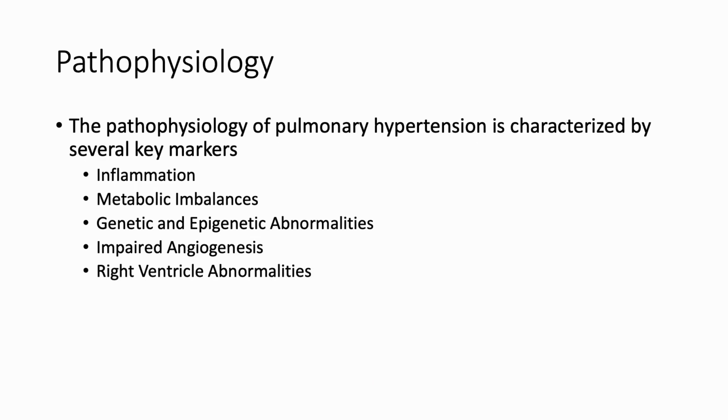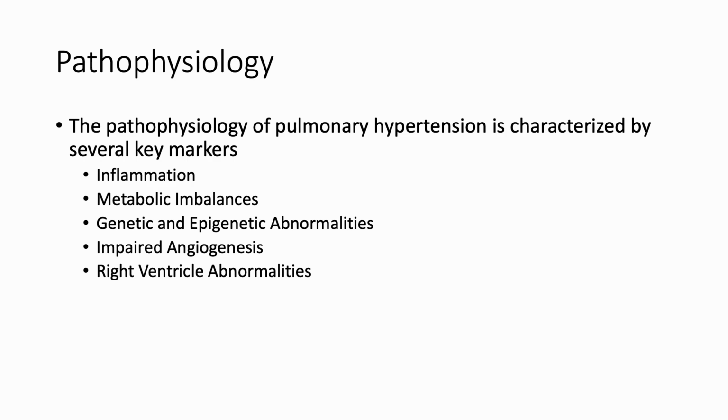The pathophysiology of pulmonary hypertension is characterized by several key markers, the first being inflammation. With inflammation, we see immune cell accumulation and vascular remodeling. Examples of inflammation that causes pulmonary hypertension can be from autoimmune or connective tissue disease such as scleroderma. As far as metabolic imbalances, we see a mitochondrial shift from phosphorylation to the glycolytic pathway, which also then causes the pulmonary